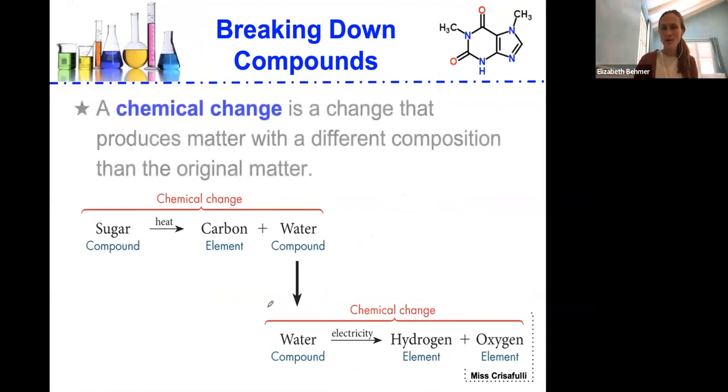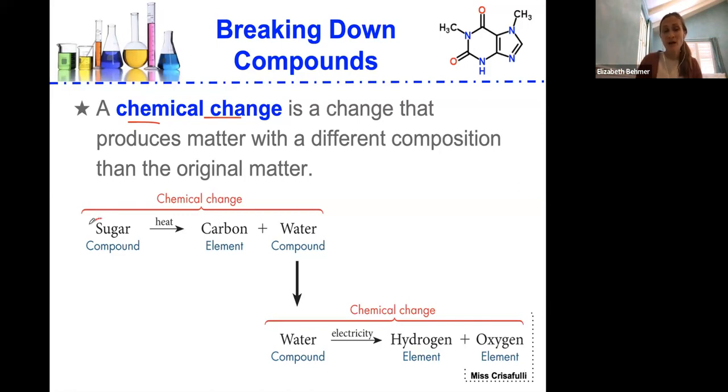Breaking down compounds. So how do we actually break down compounds or put compounds together? A chemical change is a change that produces matter with a different composition than the original matter. So for example, whenever we go through a chemical change, what we produce will be totally different than what we started with. It's kind of like being in your kitchen and taking ingredients and making something at the end. The same type of idea is what we work with when we talk about chemical changes. So again, a chemical change is a change that produces matter that is totally different in composition than the original